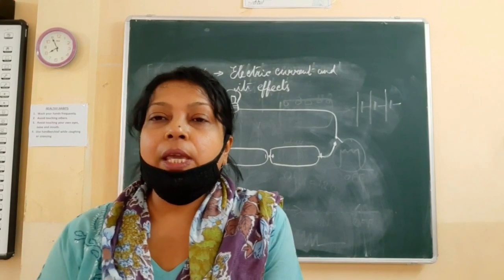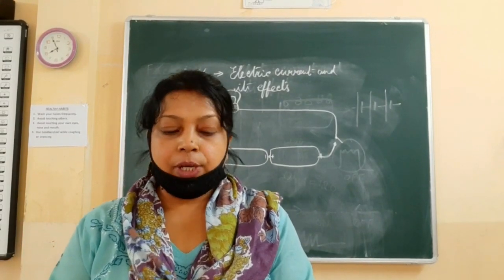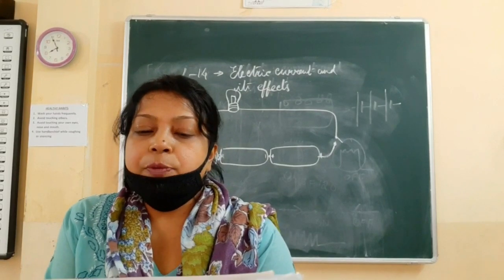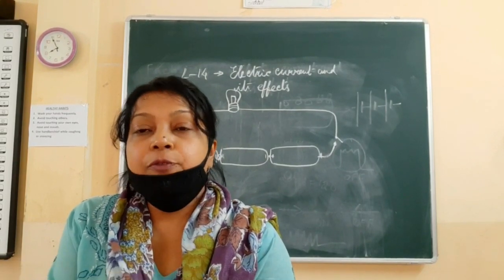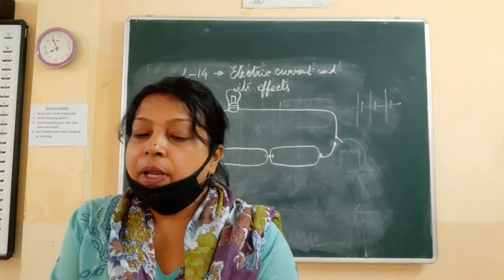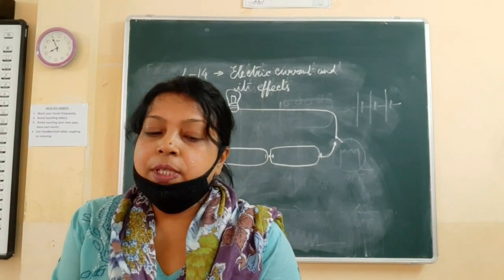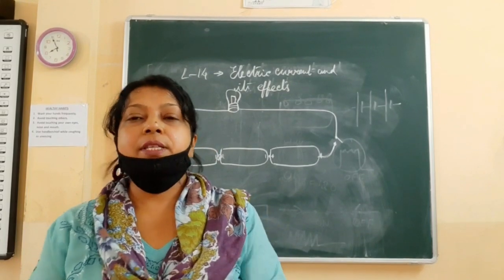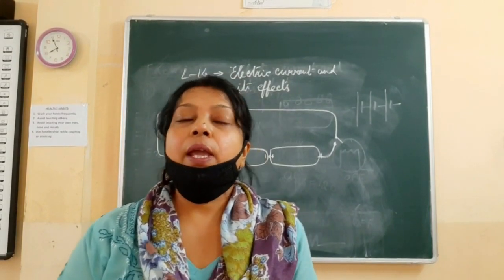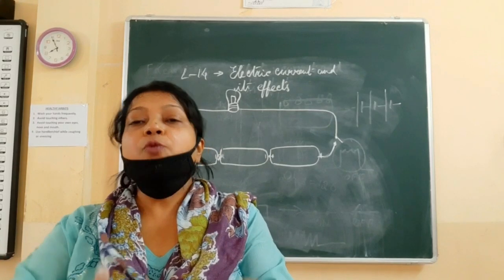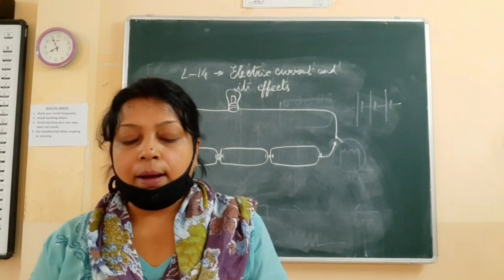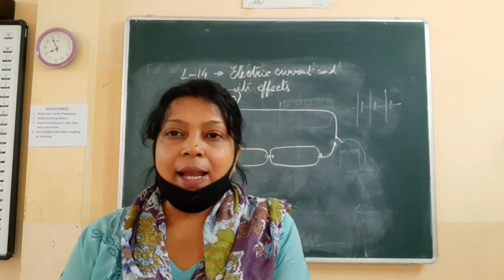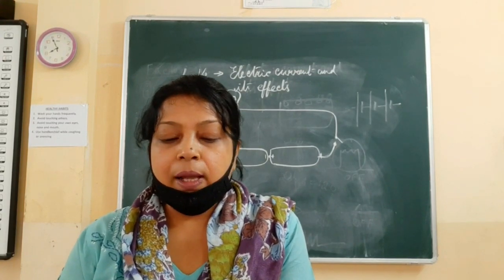Now where do we use this connection? In many devices the cells are not placed one after another, but for example in a TV remote control the two cells are placed side by side. So there also we see the series connection, but they are not connected one after another. A cell holder is used to make a battery.